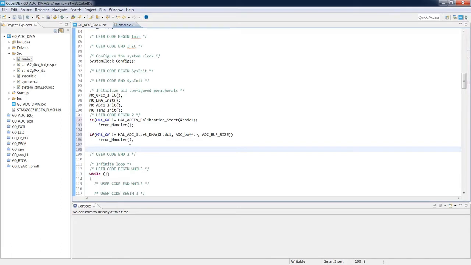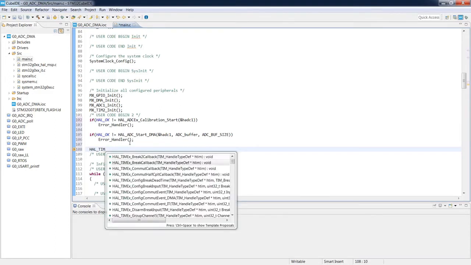To start the timer 2, we need to execute the HAL function from a timer module, which would start the time base. Time base means that we are using only the counter and its overflows without any action connected to input or output channels. So in our case, we've got again start time base, start DMA, start IT.